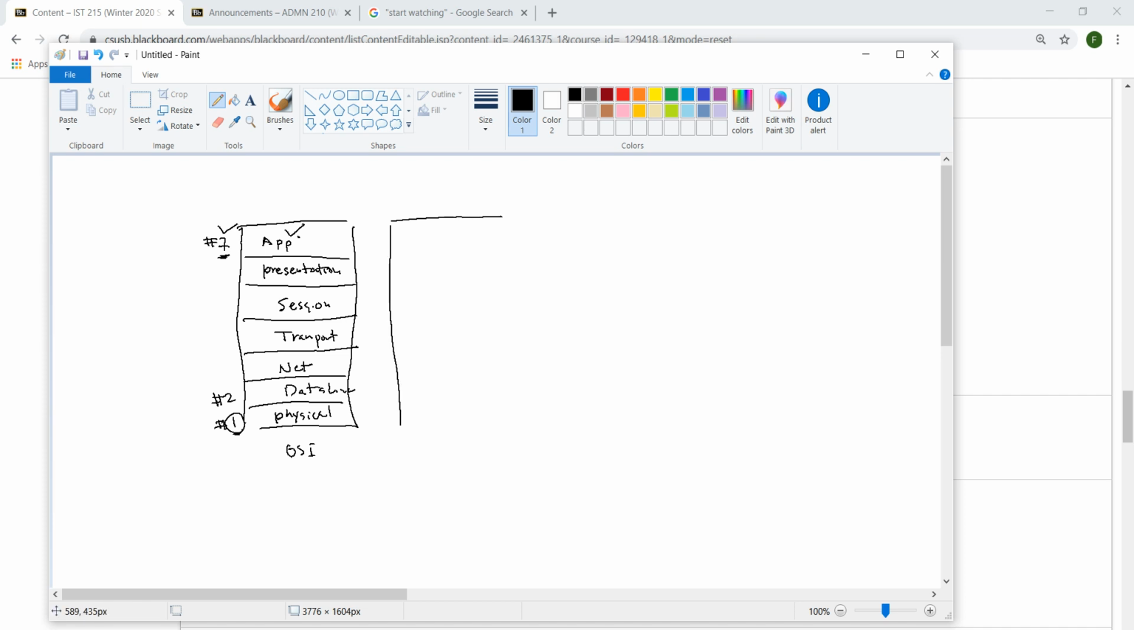And then we have another model called the TCP/IP model. In the TCP/IP model, the application layer, presentation layer, and session layer are lumped into one application layer. And the transport layer, people call it the transport layer, or we can say TCP,